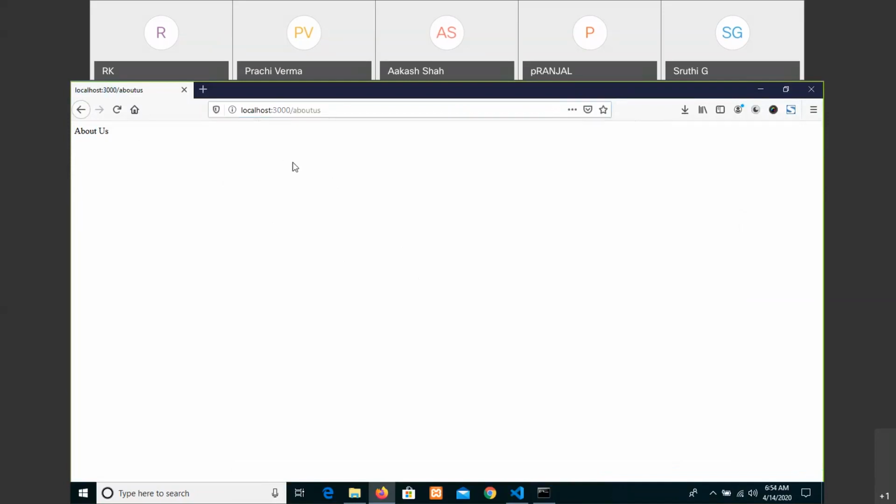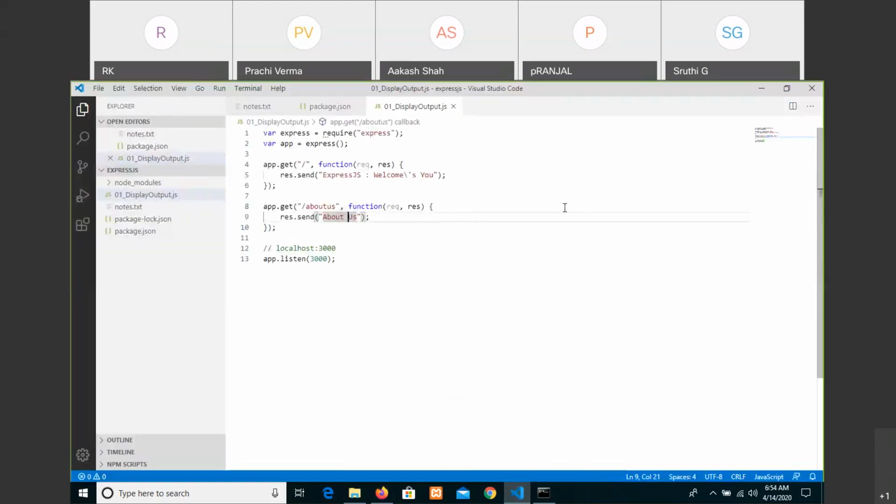Okay, but the concept is you have written an application program somewhere else and the user is opening a URL. When the user is opening a URL, it should enter into that particular program and give you an output. Meaning here itself, it should not do all the functionality. I want to create two files, where one file takes all the routing URLs and gives a call to its corresponding functionality. For the corresponding functionality, I just want to create a separate file.